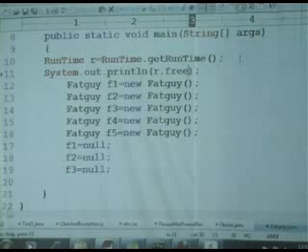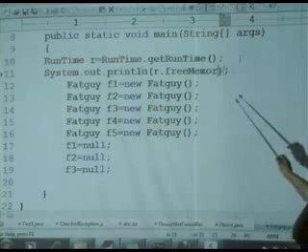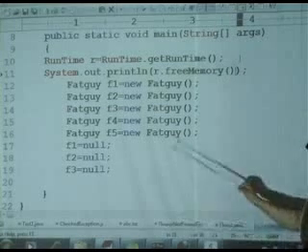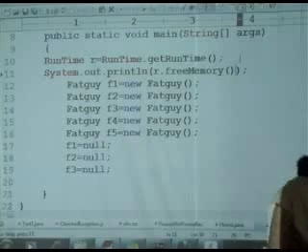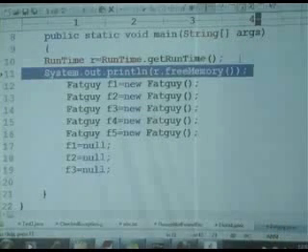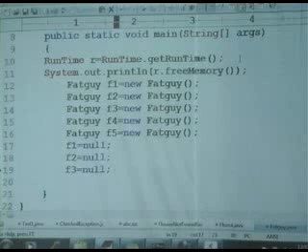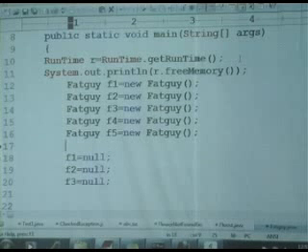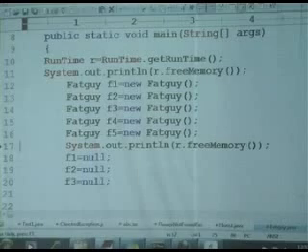I want to show you that before creating the objects we have this much memory. After creating the objects, just repeat this line on line number 17. Okay, that's fine. So now after creating, how much memory do we have?